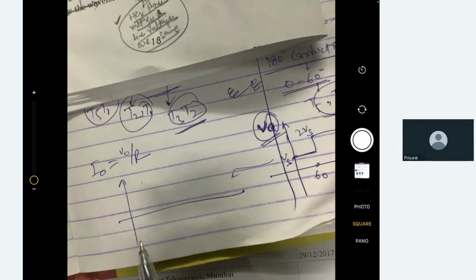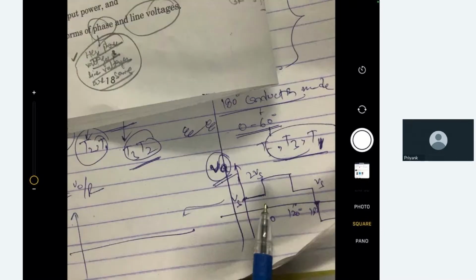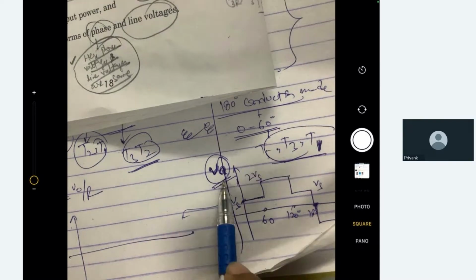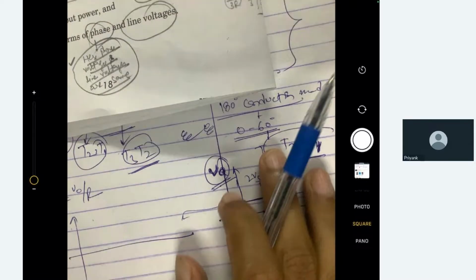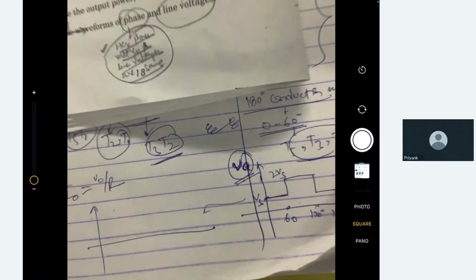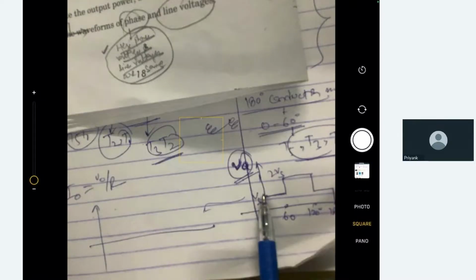So the load current will be the same as Vo, only divided by R. Now we require the RMS value of load current, so from this curve we require the RMS value. So the RMS value will be equal to